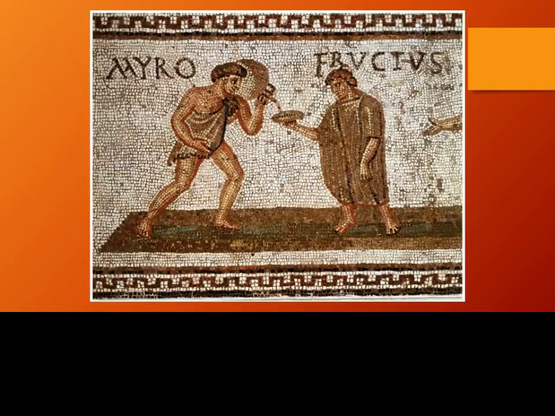So what does this mosaic tell you about Roman society? Slavery was the foundation of Roman society. This mosaic is showing an everyday example of the power relationship between master and servant. The master in this scene does not seem to wield physical force over a slave, but in fact it seems as if the slave might be stronger than the master. But the system of slavery was powerful enough that it gave masters authority over their slaves even if they didn't have much physical force over them.